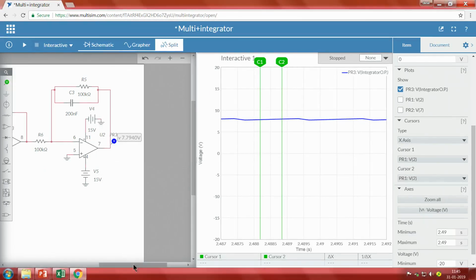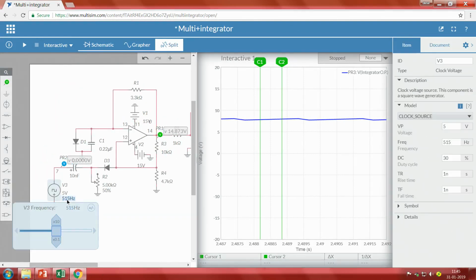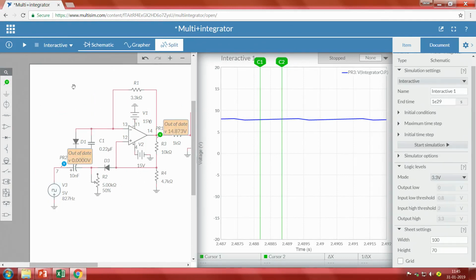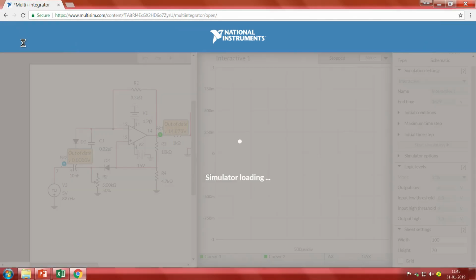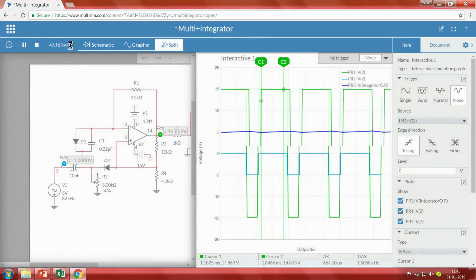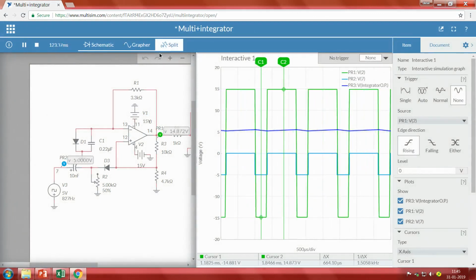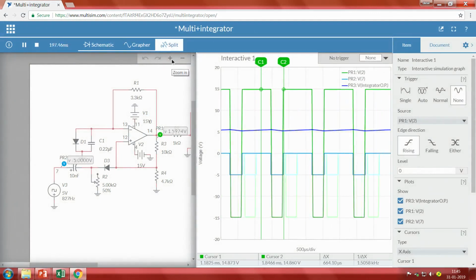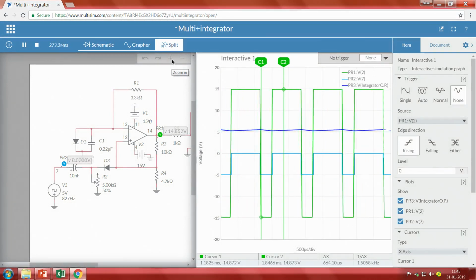Let me stop. So, 3 volts corresponds to 827 hertz. Let me run. I will wait till 2 seconds here, since we are using a capacitor and it takes some time to charge.